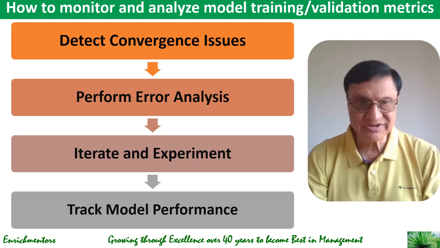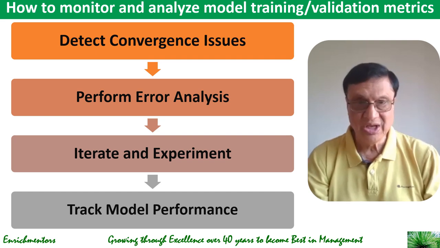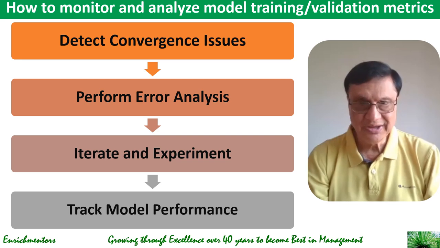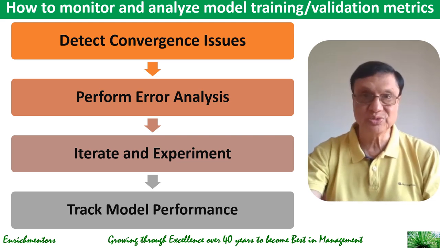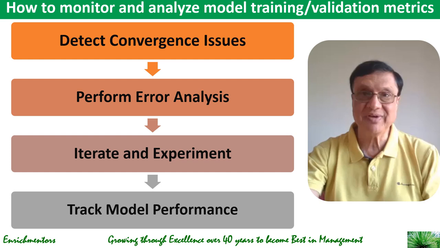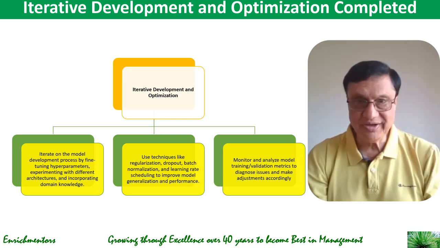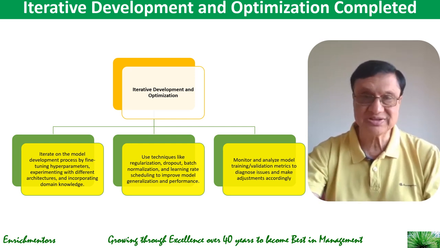This iterative process of experimentation, analysis, and adjustment is important and essential for achieving optimal results and developing robust models that generalize well on new data, because that is the purpose of the model: to make reasonable and well-defined predictions with less uncertainty on new data. So with this, understanding how to monitor and analyze model performance, we have completed the iterative development and optimization sub-step of